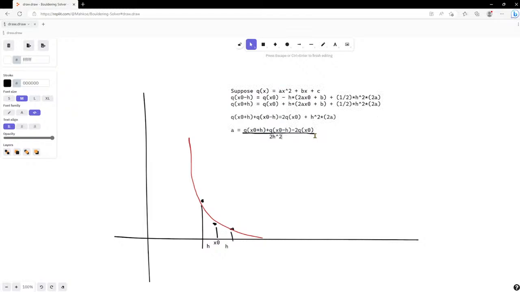And then if we subtract these two equations, q of x naught plus h minus q of x naught minus h is equal to 2h times 2a x naught plus b, which means that b is equal to q of x naught plus h. You know what? I'm just gonna